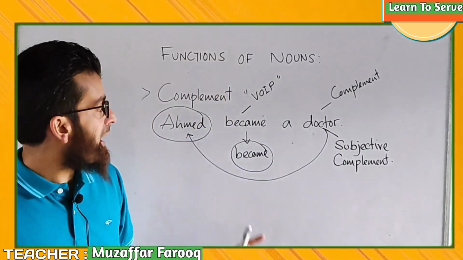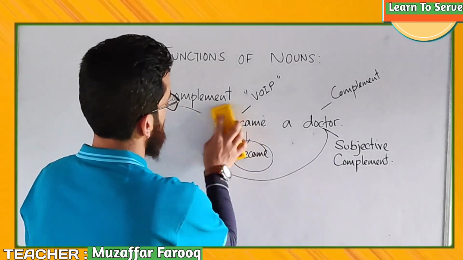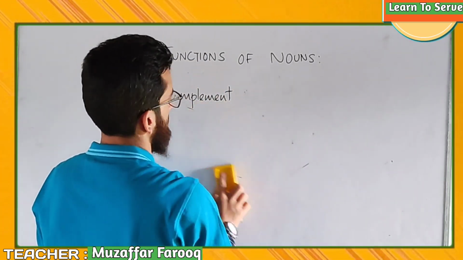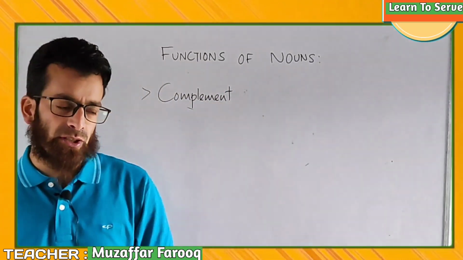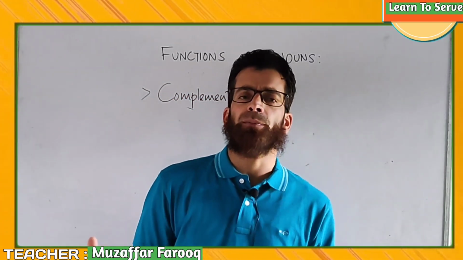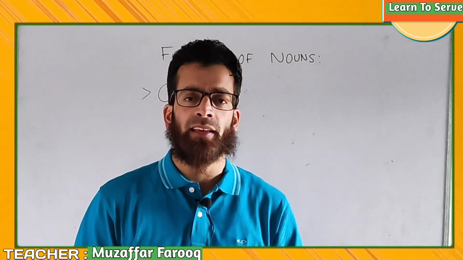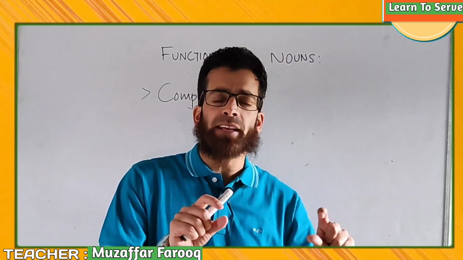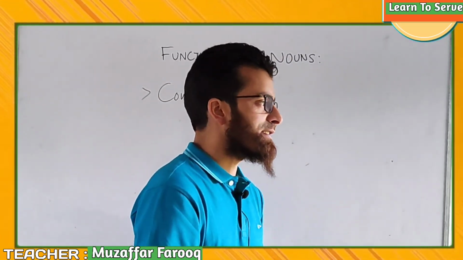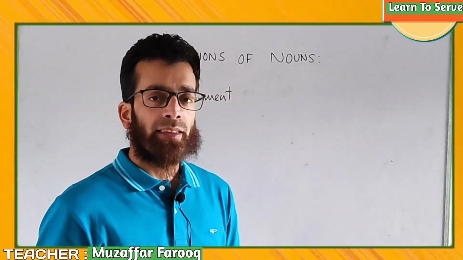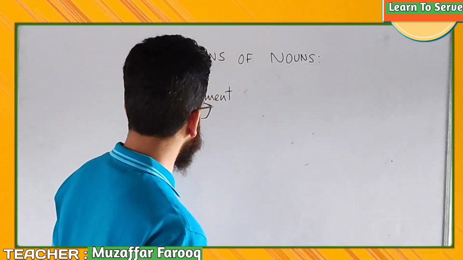Now let's take an example of an object complement. So usually what happens when we have a subject, a main verb, and an object, usually the sentence is complete. But there are certain places in the English language, in any language rather I should say, certain specialized sentences where you have a subject, a main verb, and an object, but still the meaning or the sense remains incomplete. Like, for example,